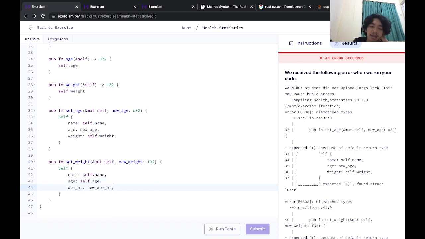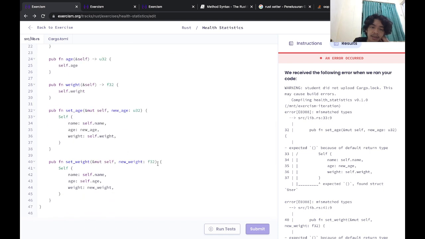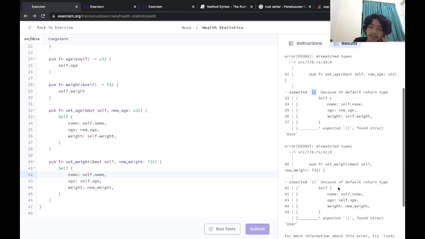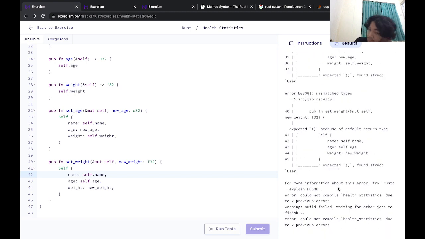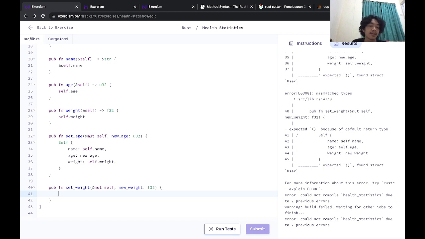So it doesn't return anything. So it returns the self, but it doesn't return anything. It should return empty. That's expected. How to do that? So that I don't use self, but can I just do this, self dot equal to